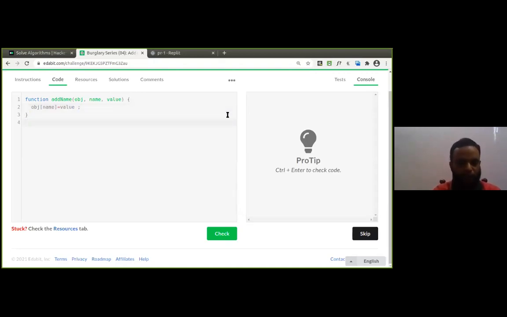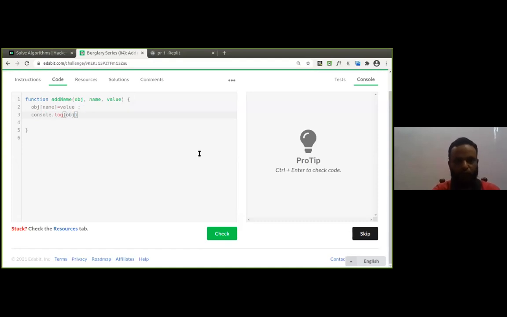So I can just console dot log. Is it okay, everyone? This is a simple example. This will become the key and this will become the value. So obj of name is equal to value. This is not already there in this object, so we are going to add it, and it will be added. Do the console.log of obj and we'll get it.